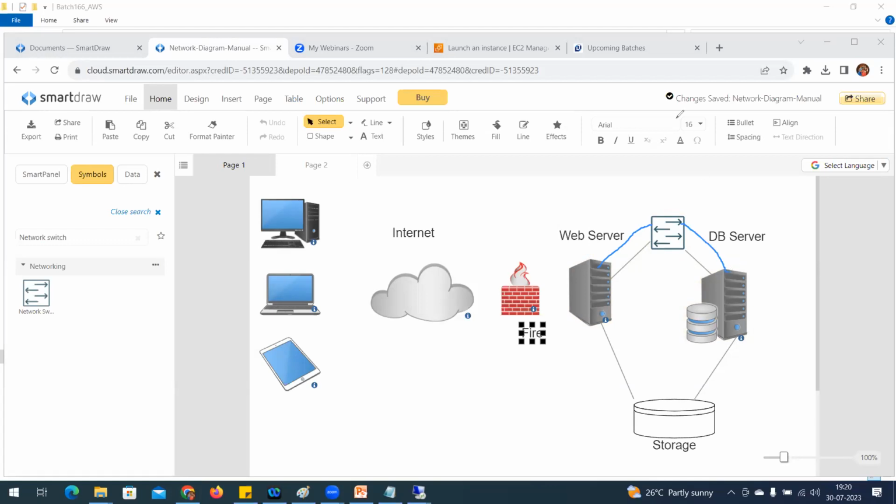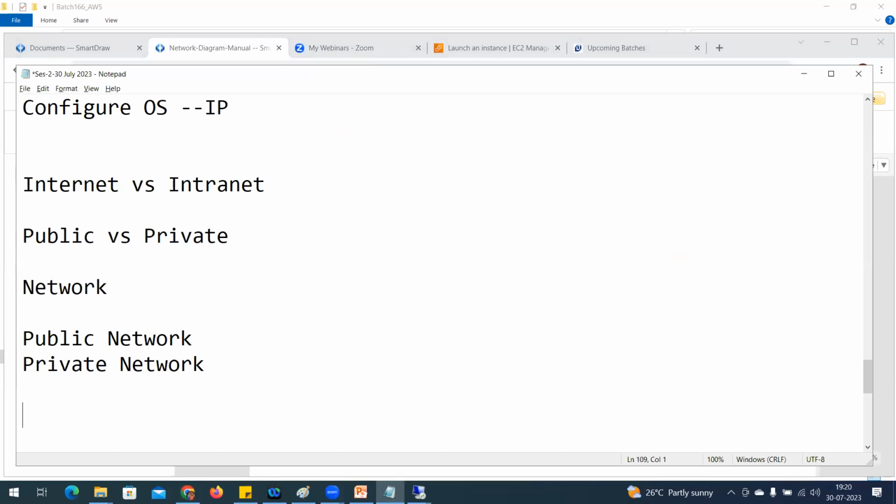For every communication, there is communication over the network. Without a network, there is nothing. How is the network going to communicate? It communicates by using IP addresses. There are two kinds of IP addresses: IP version 4 and IP version 6. This is the IP address system. Without an IP address,